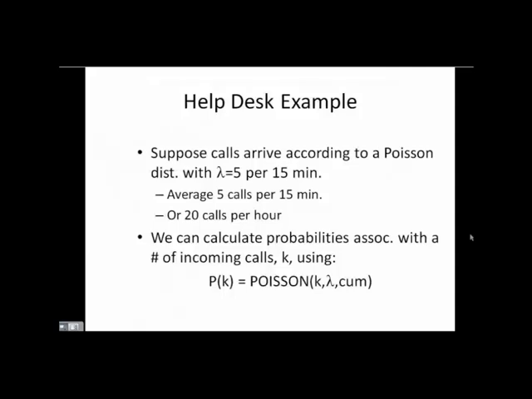Because this is discrete, you can calculate the probability of having exactly a certain number of calls coming in per hour. One of the things that's very important is that the units have to match up between lambda and your value k. So if I want to know the probability of 5 calls coming in per hour, I need to make sure I'm expressing my lambda in calls per hour. I can't put it in as the number of calls coming in per 15 minutes. So the k value and the lambda have to match up in units.